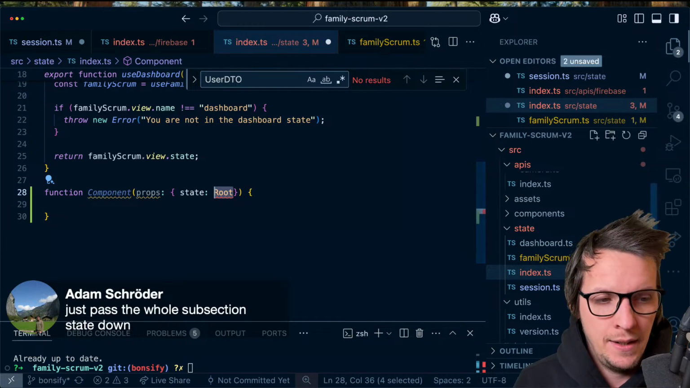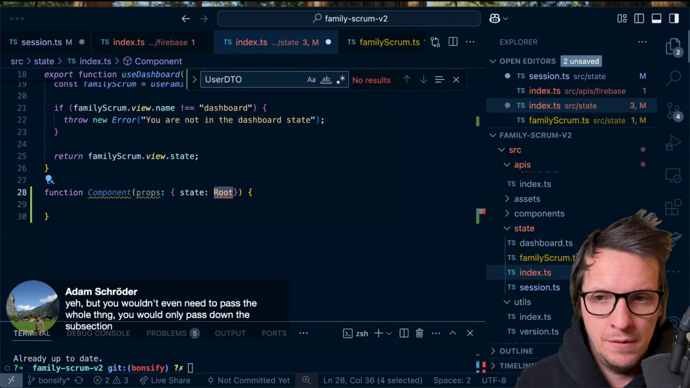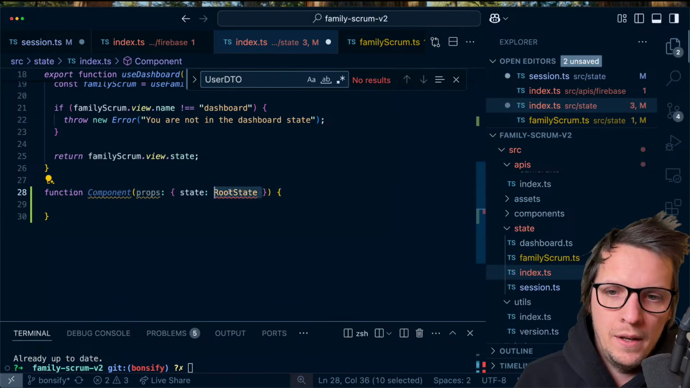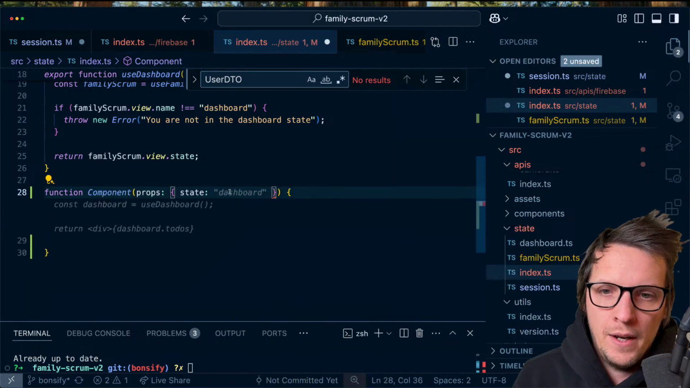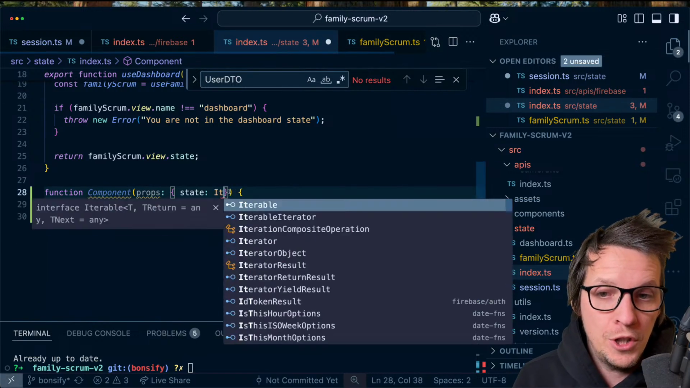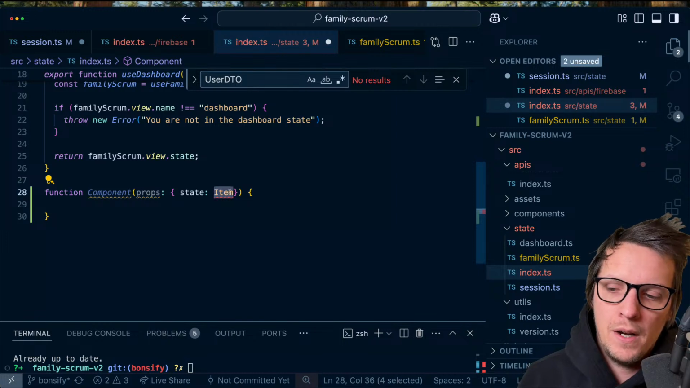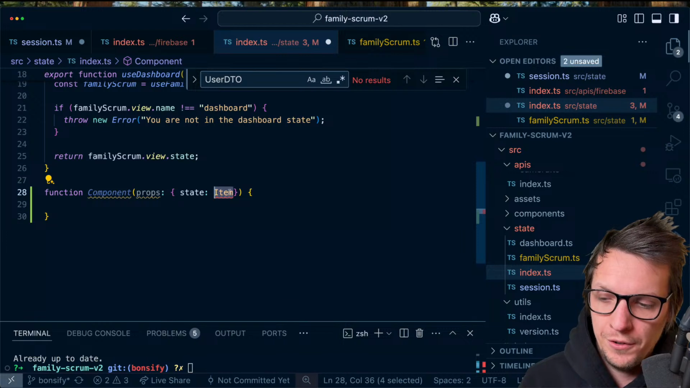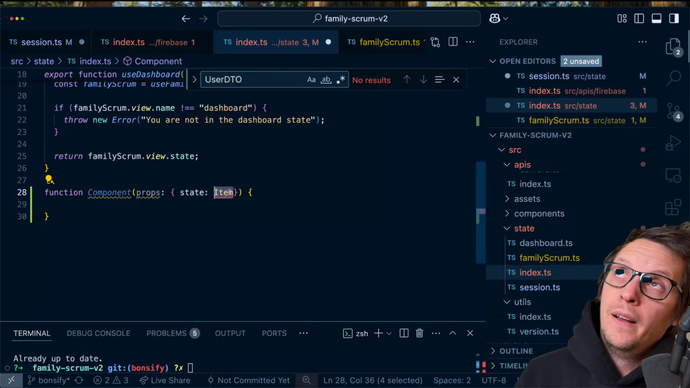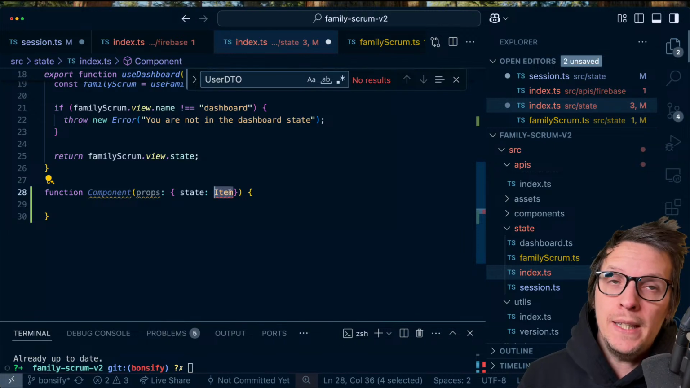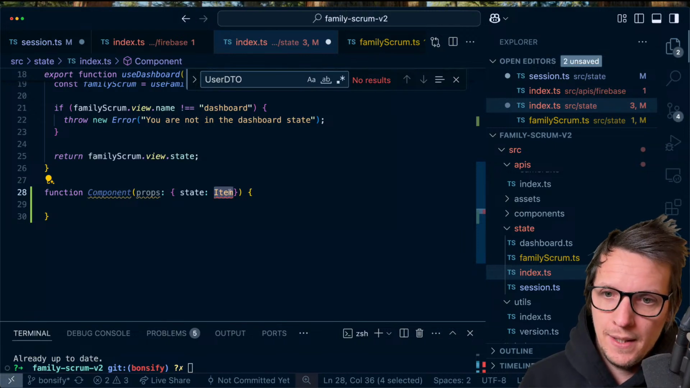Yeah, exactly. You would only pass down the subsection, right? So in this code you see root state, but it could be the dashboard state. It could just be the item. It doesn't matter. But the point is that if we're going to use the prop as the contract, it has to be easier to pass state down